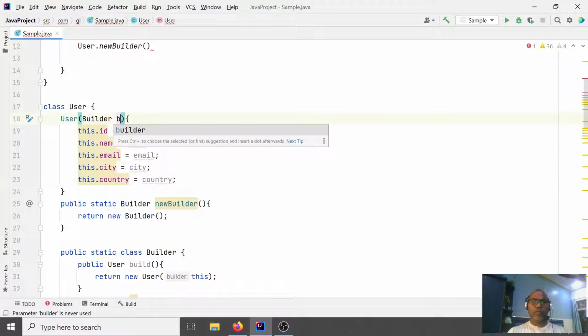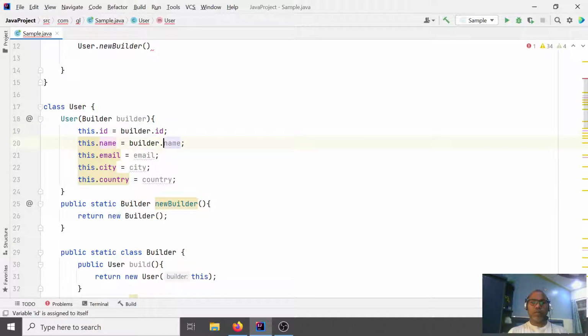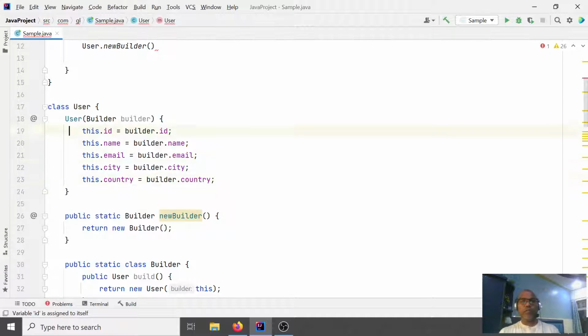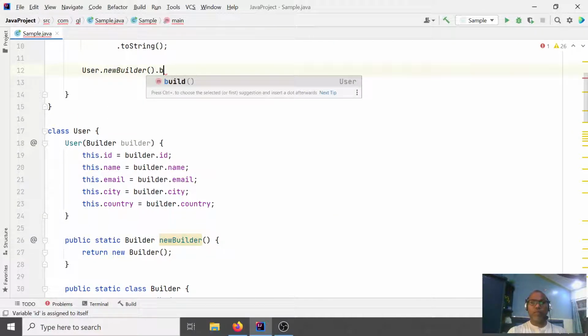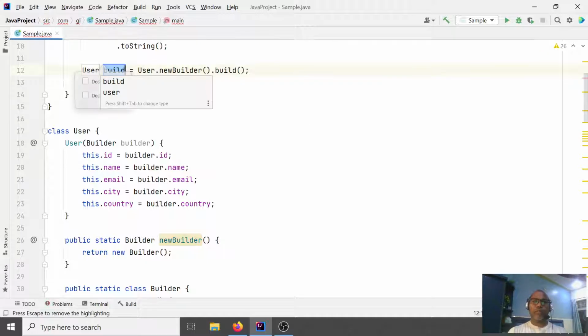So this is the builder object, and now set from the builder to this. Now in this way you have a method like dot build, a build method that returns the user object.